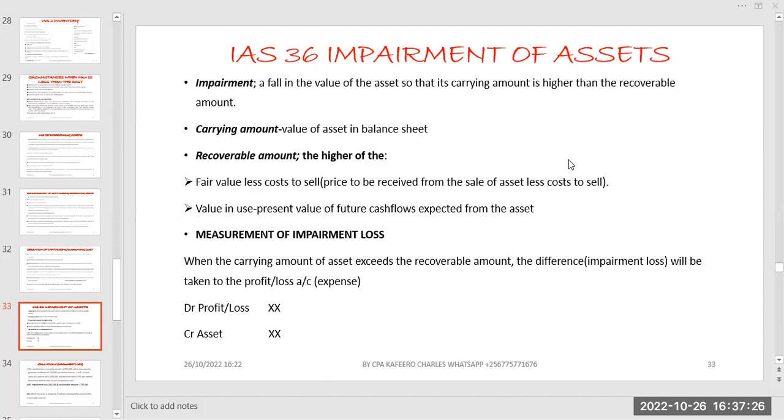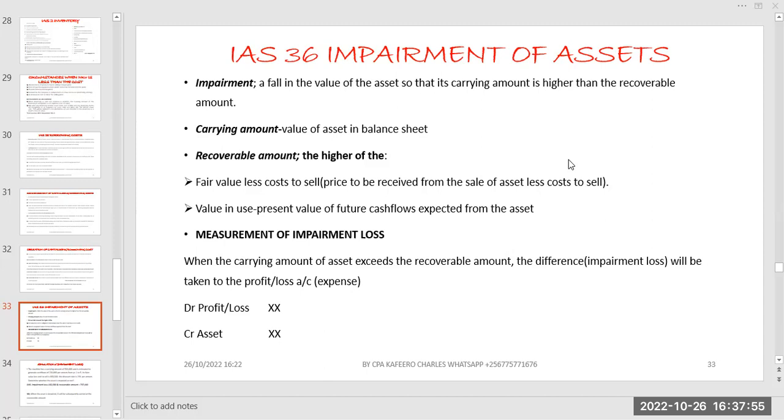That's in the name of impairment loss. We debit the profit and loss, then we credit the asset. The reason why we are crediting the asset is because the assets are going to be reducing in value. By all means, when we are recording these assets, we have to record them at their recoverable amount, whether it is high or low. It's supposed to be recorded at their